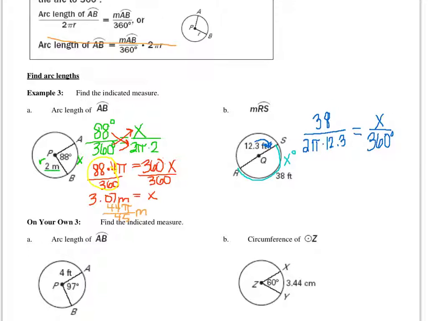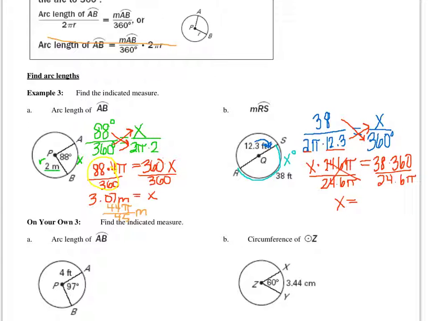And to solve that, I need to do some cross multiplying. So I'll cross multiply here. So I have x times, now 2 times 12.3 would be 24.6 pi. So I have x times 24.6 pi equals, if we cross multiply here, 38 times 360. Now I want to get x alone, so I'm going to divide both sides by this 24.6 pi to get my x alone. This will cancel out, so I have x equals, and then if you just put 38 times 360